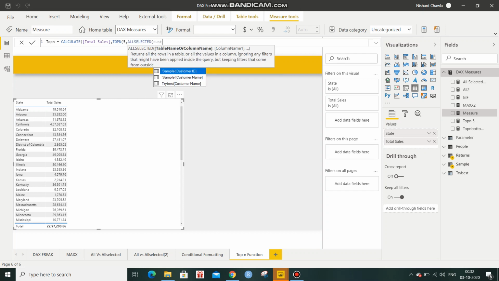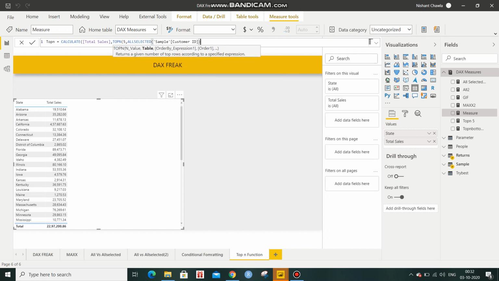Now why have I done that? Because I don't want any filter to be applied on the customer. On each state, I want all the customer rows to show up, so that my TOPN function picks the top 5 from that list of customers. So for every state, there'll be a list of customers, and I'll be picking the top 5 customers.